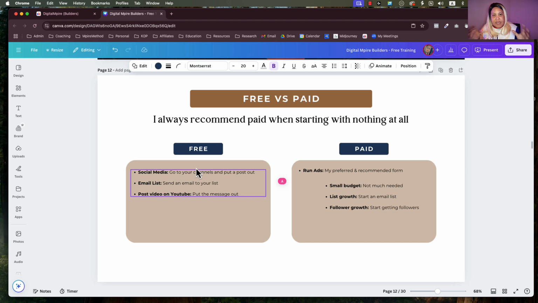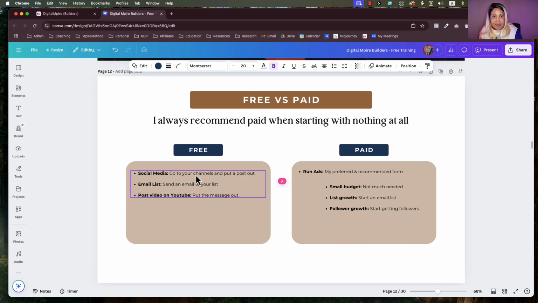So we need to put things in place. And the first thing you need to do, and every piece of the puzzle needs to be validated. And the fastest way to validate is until you build up an email list. So when you've run enough of this and you build up a stronger email list, then it gets easier. You don't have to go with paid no more because now you have the social media following. Now you have the email list. Now you have the YouTube channel.